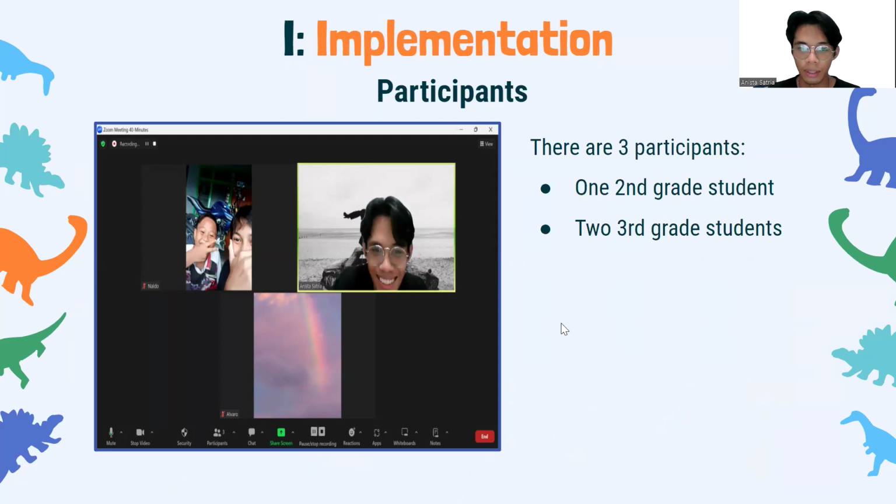Then here are the participants. So there are three students, which is an elementary school student, one second grade, and two third grade students. So yeah, you can see them. I use the Zoom also to play. So the mechanics is I have the Zoom meeting with them, and then I play with them. So I share screen, and then I ask them to guess which one is the 24, which one. So it's like we play together. And I also send the Scratch link on the chat box, so they can also try the Scratch mode.